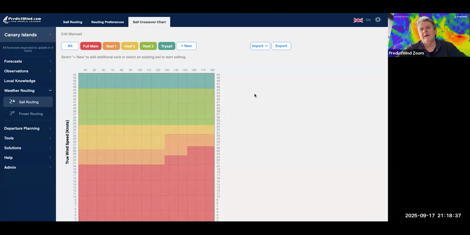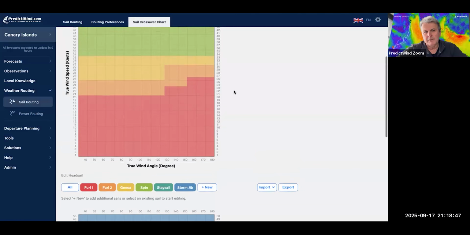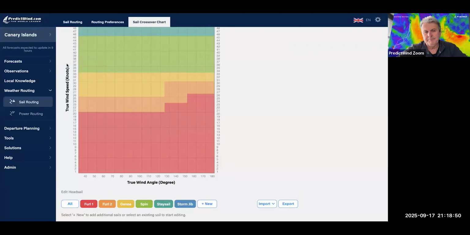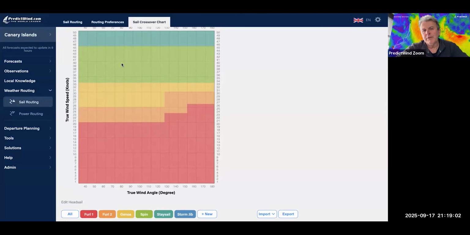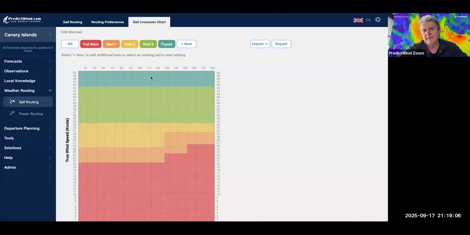I've set my mainsail up, running a full main, first reef, second reef, third reef, trysail, and you can see as I go up the true wind speed and true wind angle, this is the full main, how it sets up. The orange here is the first reef, second reef, third reef,